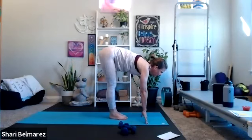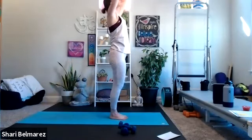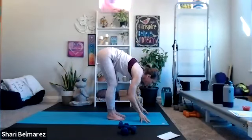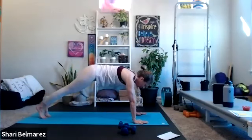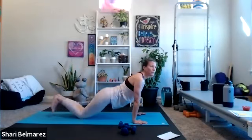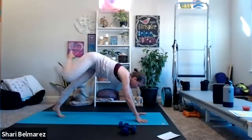Inhale, lift halfway. Exhale, fold, and inhale, rise all the way to the top, going right back through that vinyasa. Exhale, fold. Inhale, lift, lunge, lunge, squat, or vinyasas. Step back into your plank, chaturanga your way through, cobra, up dog, down dog, right leg lizard, right leg sits forward, twist,